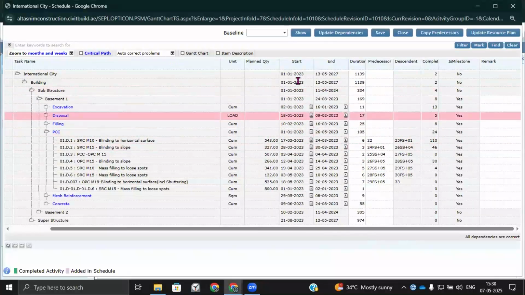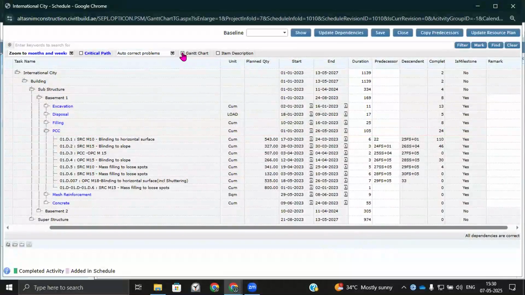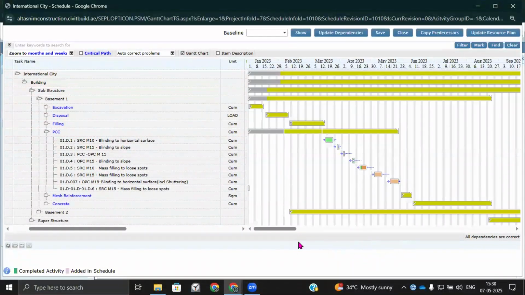Preparing and setting up dependencies, start and end dates, and duration for the line items we have prepared in the WBS. Setting up durations and dependencies is part of the process. The output would be a Gantt chart, which gives you an overall understanding, in a graphical view, of how tasks, activities, and items are dependent on each other, and what the end date would be if we execute the project with the similar milestones and timelines set up in the project scheduling.